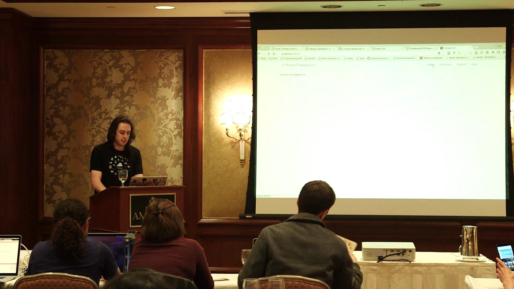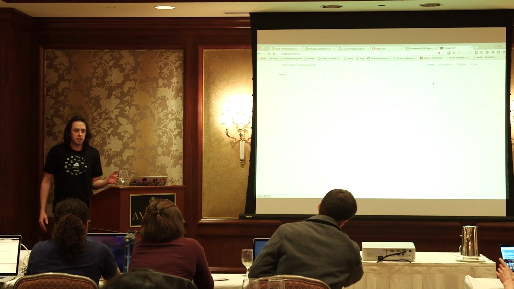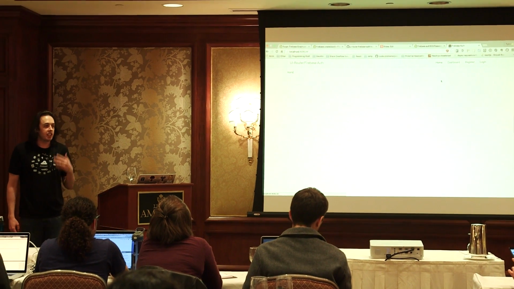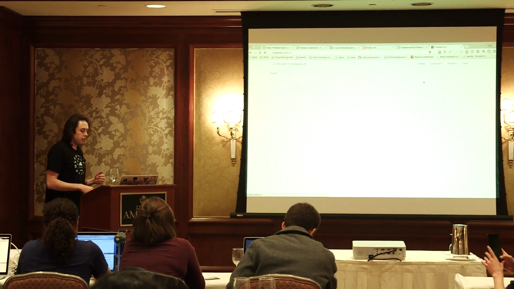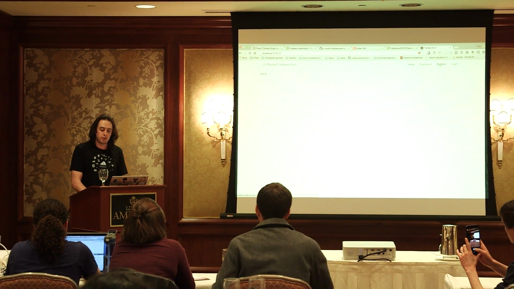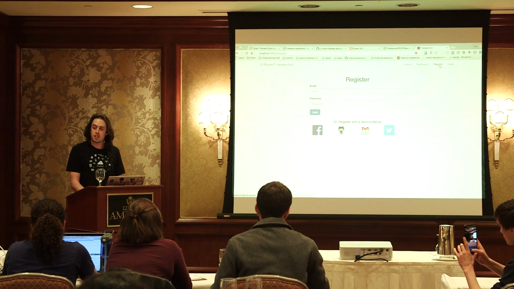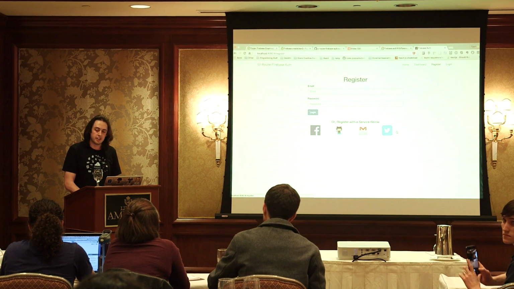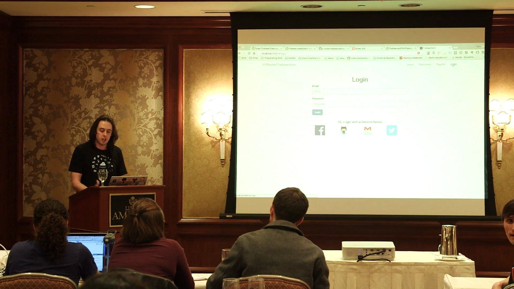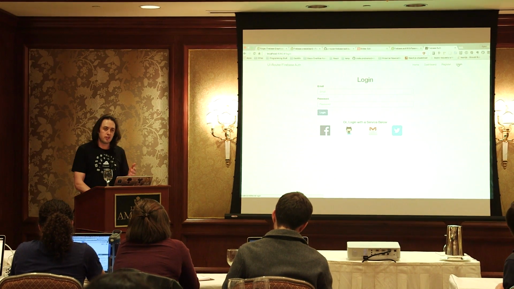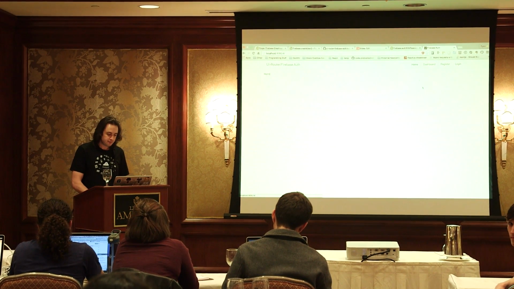This is the app we're going to build. It's super simple, because we're focusing mostly on Firebase authentication and protecting routes in our front end, and we're not worried about a bunch of other stuff. The biggest thing you'll notice, there's a dashboard, there's register and login. We can come here to register. You can put in your email and password, or you can register with any one of these fine services. And login looks very much the same. Really, really simple, again, because we're just focusing on authentication with Firebase.